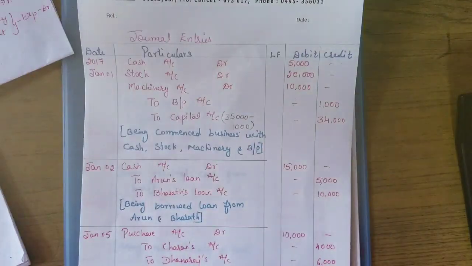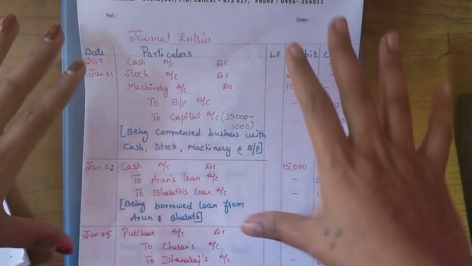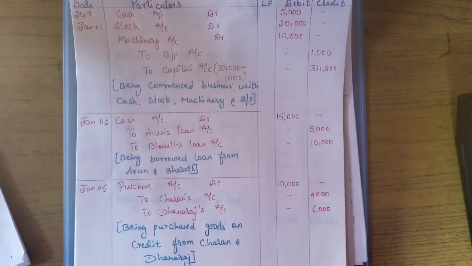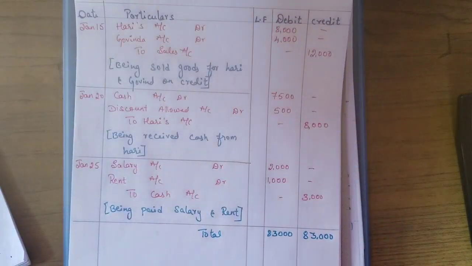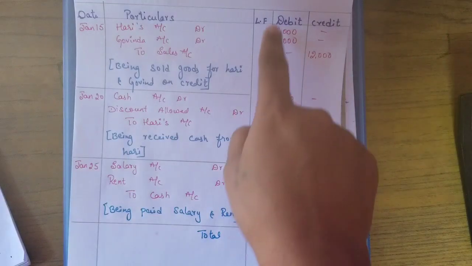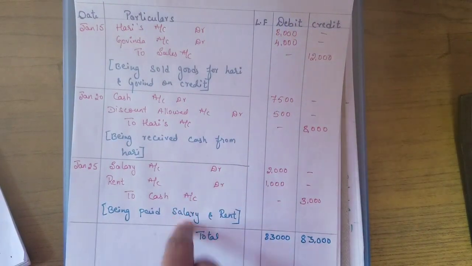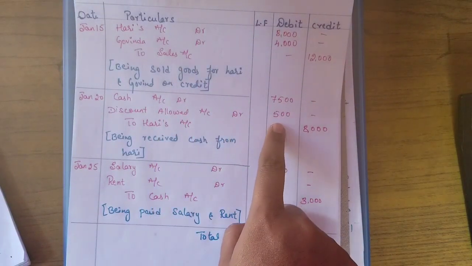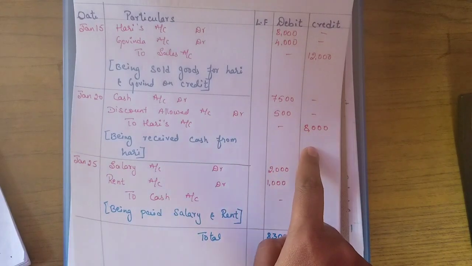So these are the entries for your compound entries. So this problem, I think it is very clear now for you how to pass the entries for compound transactions. So this is your answer. Finally, you have to show the total, both debit side and credit side, both side it should tally. And for each transaction, when you pass the entries, cross check total of debit and total of credit, is that tallying or not.